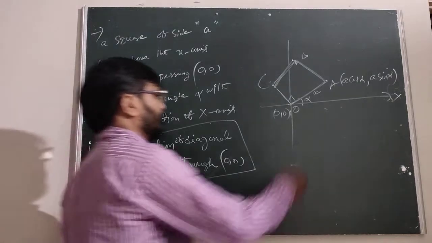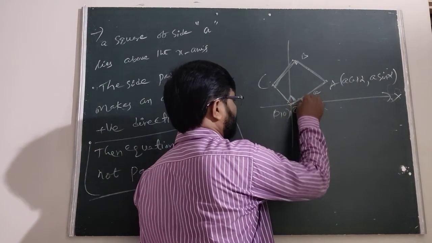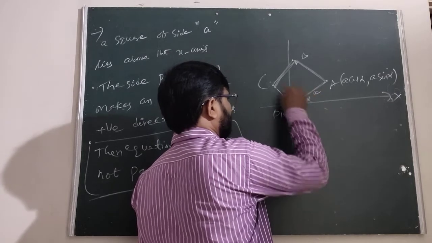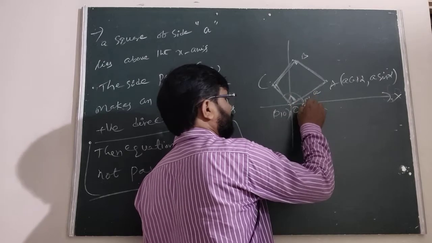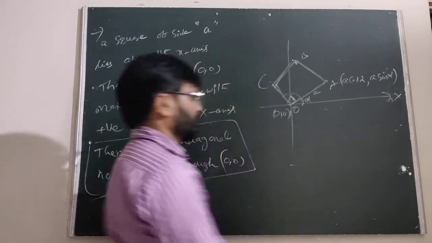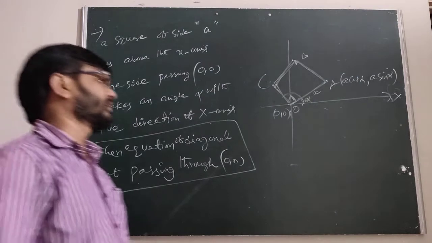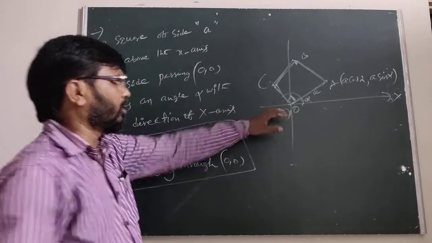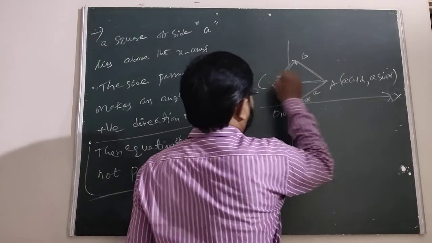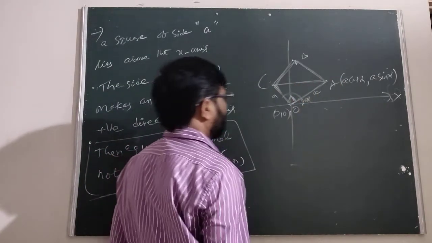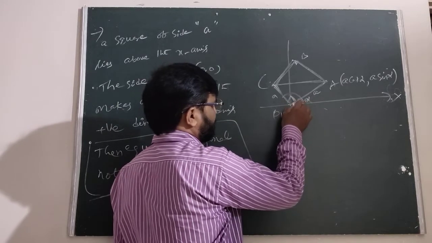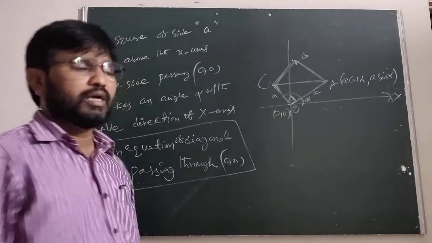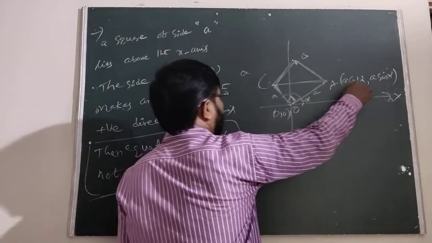Suppose we know that this is 90, this one is 90, this is alpha. Now this is 90 plus alpha. Is it clear? Now this OC makes an angle with the positive direction of the x-axis of 90 plus alpha. Why are we taking 90 plus alpha here? We have to find the diagonal which is not passing through the origin. Therefore we have to find C now. Now this is the length, we know that. Therefore 0 plus, all of you listen here, x1 plus r cos theta, theta is 90 plus alpha, cos of 90 plus alpha.